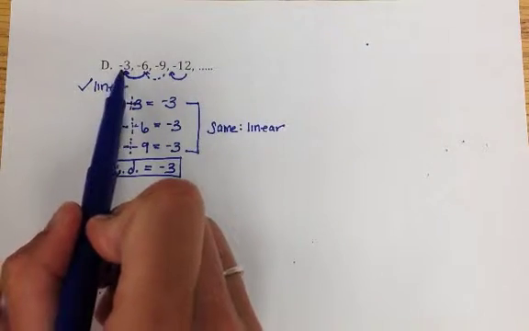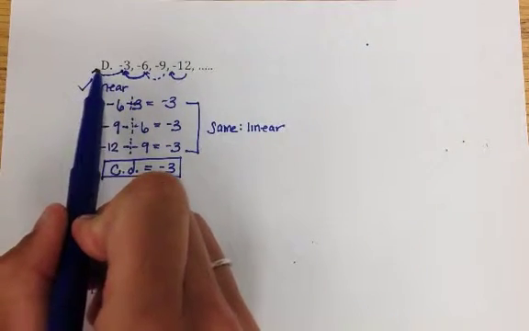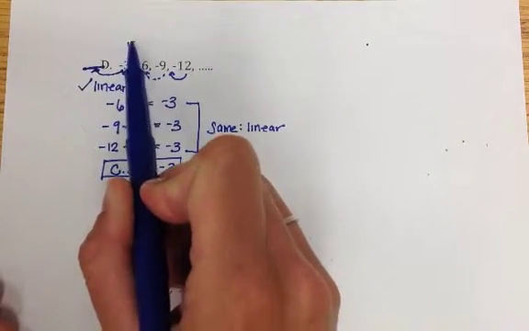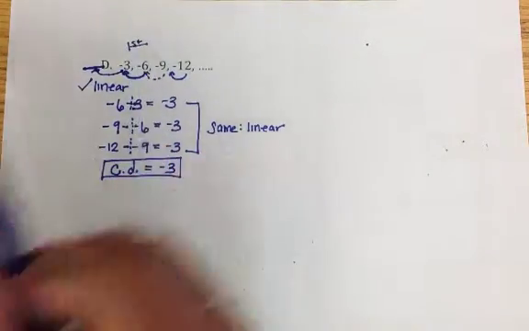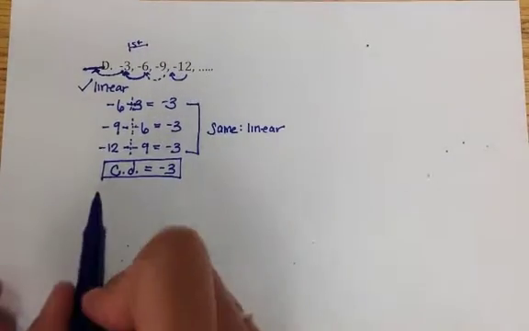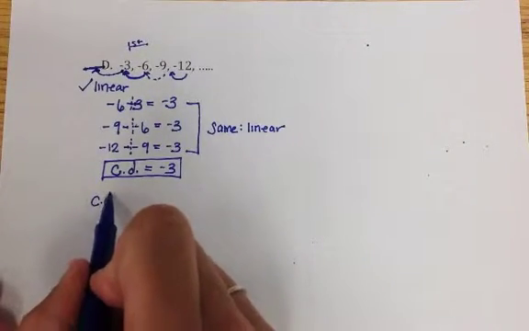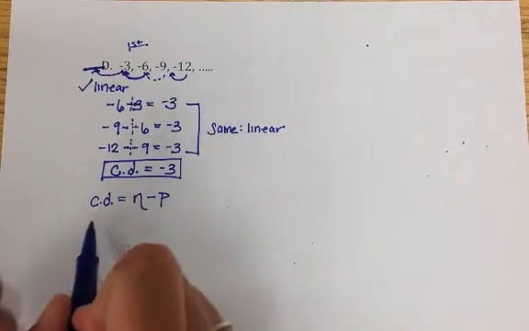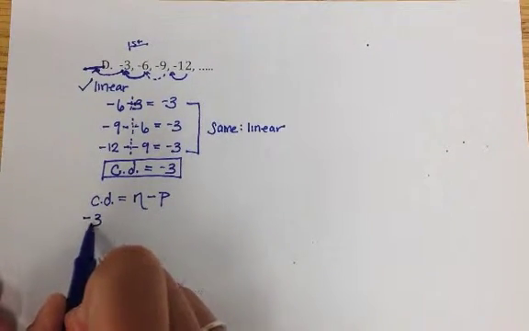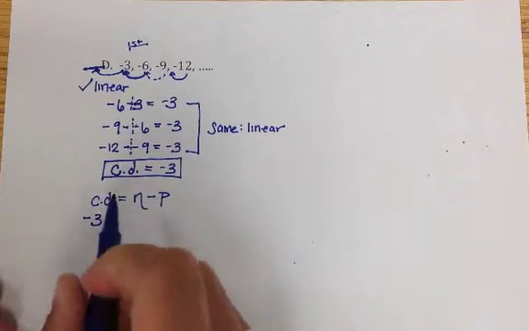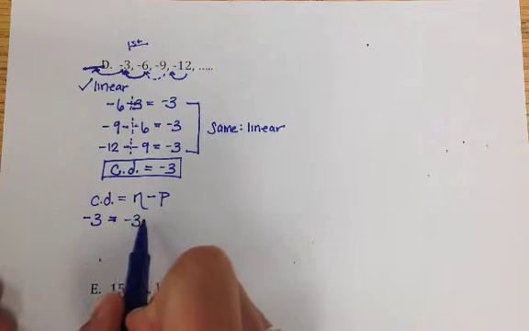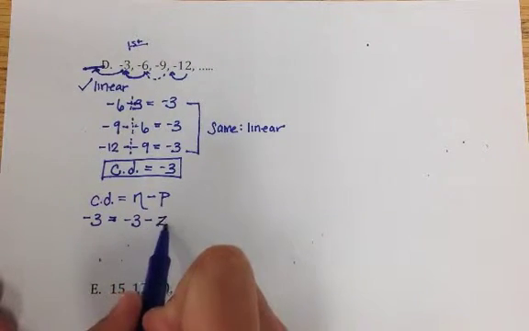Again, we have to think backwards. What do we need to do to find that 0 term, knowing that negative 3 is our first term? So the common difference is found by next minus previous. We've concluded that negative 3 is the common difference. Our next term would be negative 3, which represents our first term, and we are solving for the 0 term,